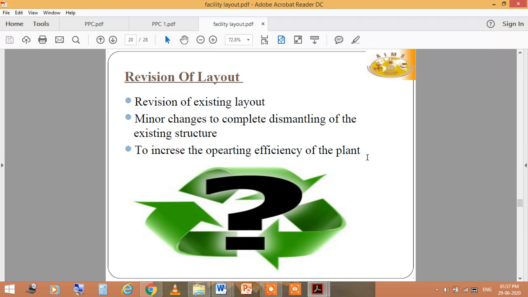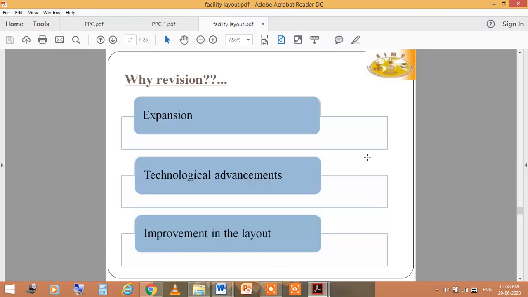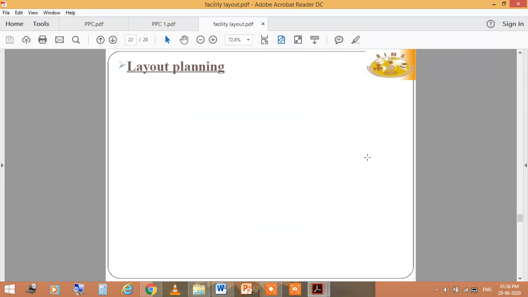Now here I would like to tell you about revisions of layout, like revision of an existing layout, from minor changes to complete dismantling of the existing structures, to increase the operating efficiency of the plant. Because of expansion and technological advancement, the layout should be revised somehow.